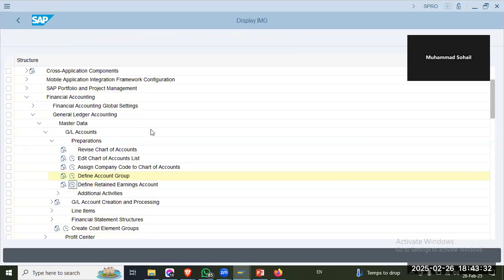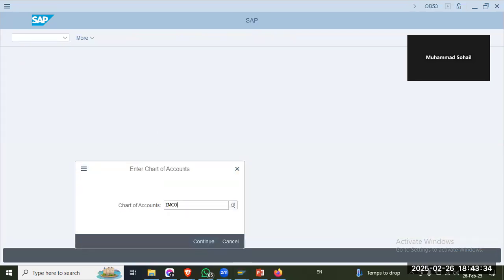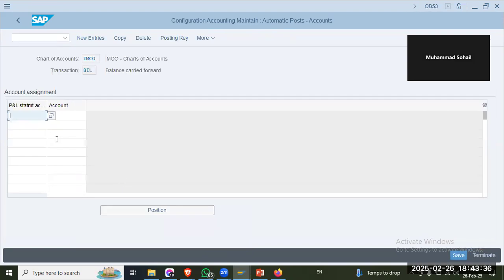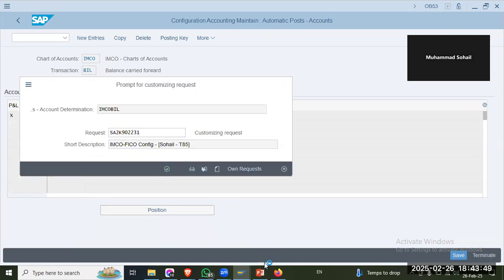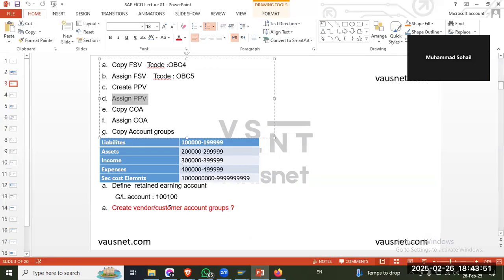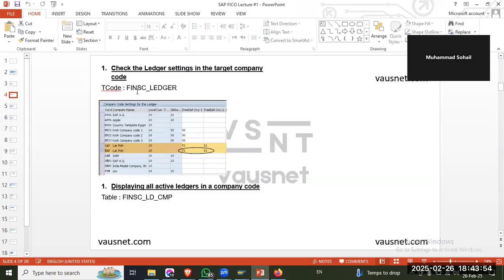Define retained earnings account, next important step. Now you have a chart of accounts already made. Statement symbol X, 100, 100. It will give you a warning in orange, just press enter. It will go away, save, and save. Okay. Next is